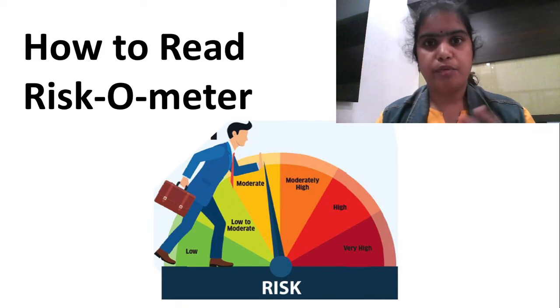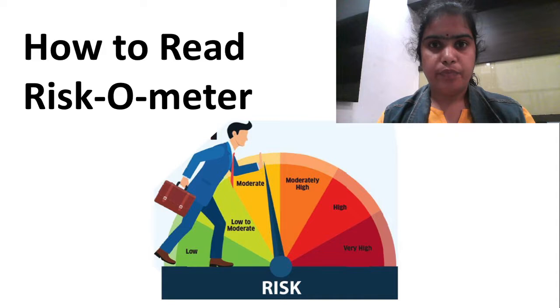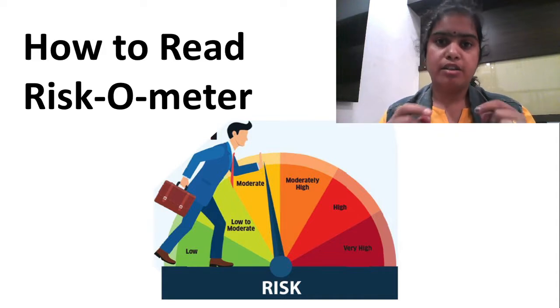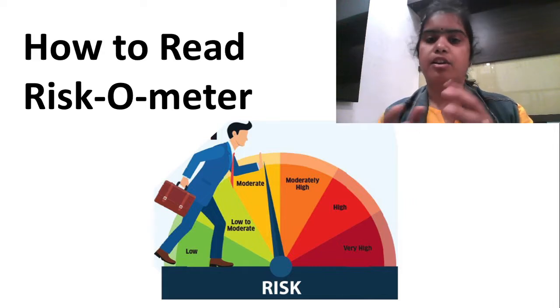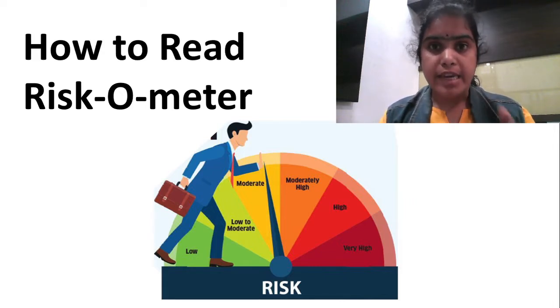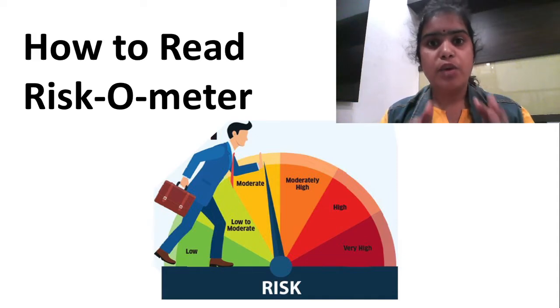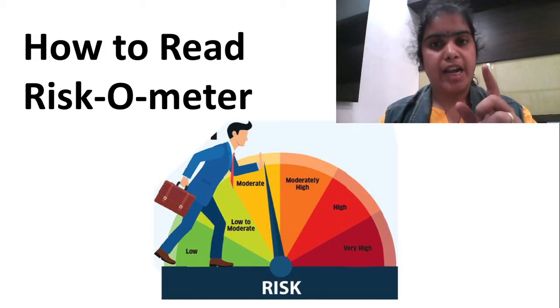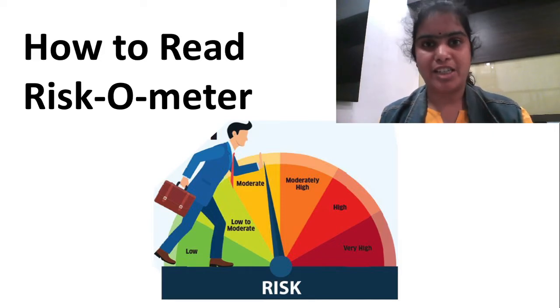You can take help of a financial advisor for that, because that will help us know exactly what our risk appetite is, what our risk profiling is, whether it is conservative, moderately high, or however it is. If we get it correctly, then with the help of the riskometer we can choose the right product, and that is what we will be seeing in today's session.